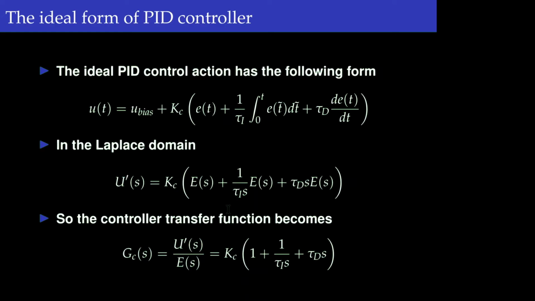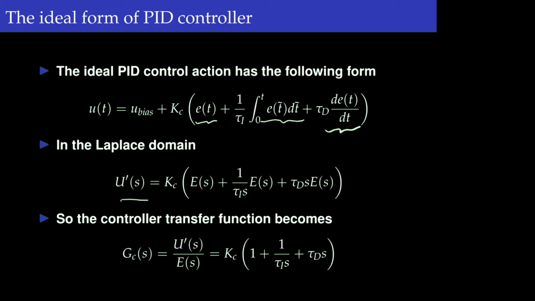For example, for the derivative action, we know that to avoid the derivative kick, in some controllers, the derivative action is taken on the output signal and not on the error signal. Now in the ideal form though, we have these three elements in their basic form. So proportional form, where the control action is directly proportional to the error. The integral action depends on the integral of the error, and derivative action is on the derivative of the